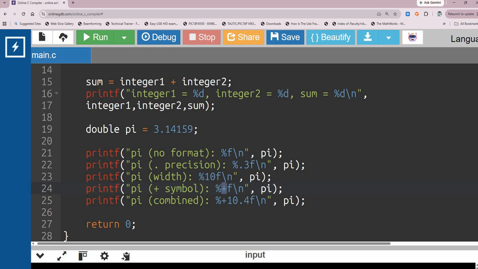And the last one is combine. So you see you combine: the plus sign means you want it to show the sign of the number. 10 means total 10 characters, 10 digits. .4 means 4 decimal points. So when you try to run this,